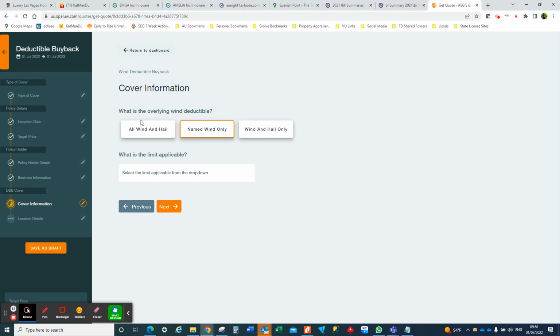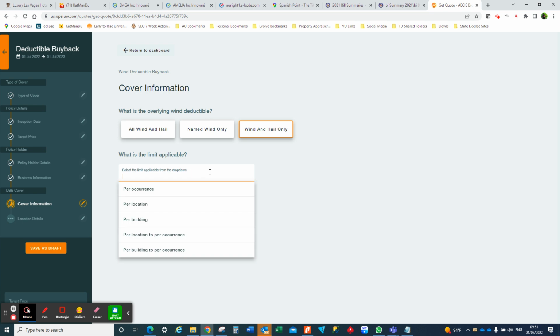All right, so just as discussed, we're going to figure out what all wind and hail is versus wind and hail only. But these are three options available for the overlying wind deductible on the overlying policy. From the drop down, this is just all of the options that are available to quote. And this is really just taking all the information from the overlying policy